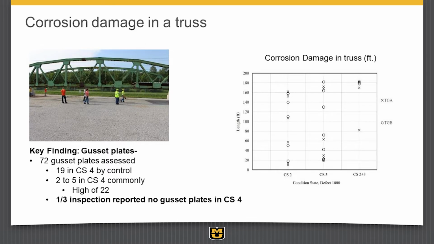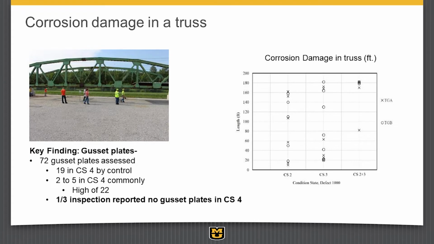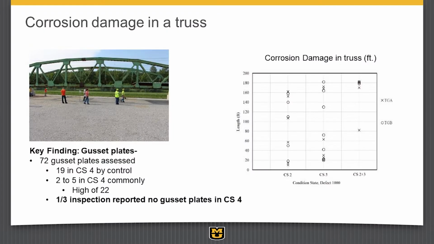We had them do a section of a truss that was there. There's a truss with no deck on it. You see the results over here. And the way these results are presented on some of these conditions in the field is what they said, in this case, linear feet of length in condition state 2. What did they say was in condition state 3? And if you consider, let's just look at how much damage they reported, so we'll combine condition state 2 and 3 together. And so you sort of see that, well, in terms of the amount of damage, there's some consistency.